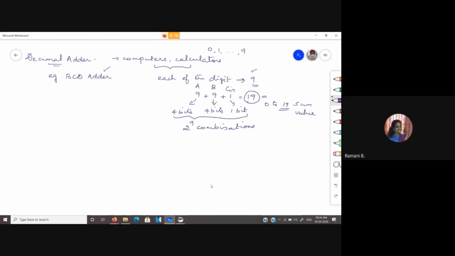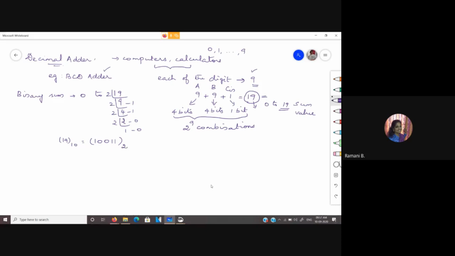Here, as I was mentioning, the possible sum is 19. If we are representing the sum in binary, you will be having it from 0 to 19. So 19 is represented in binary as 10011, right?